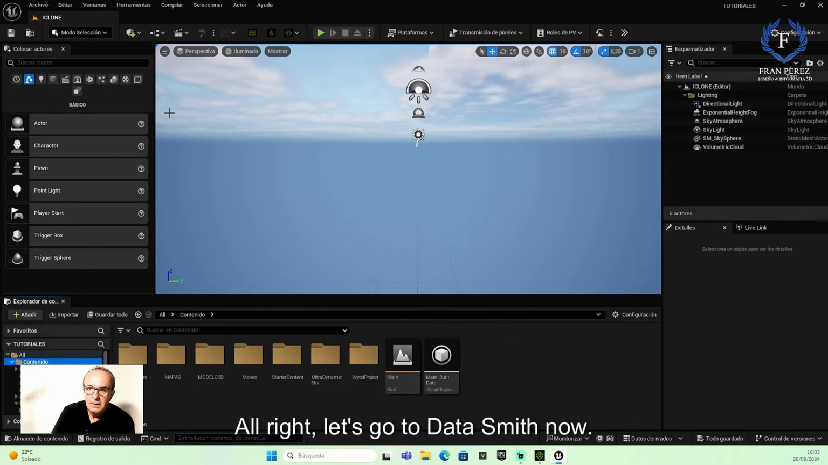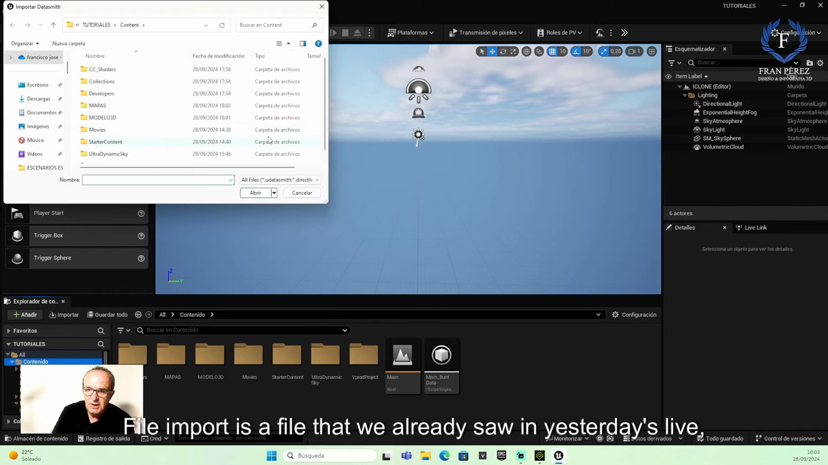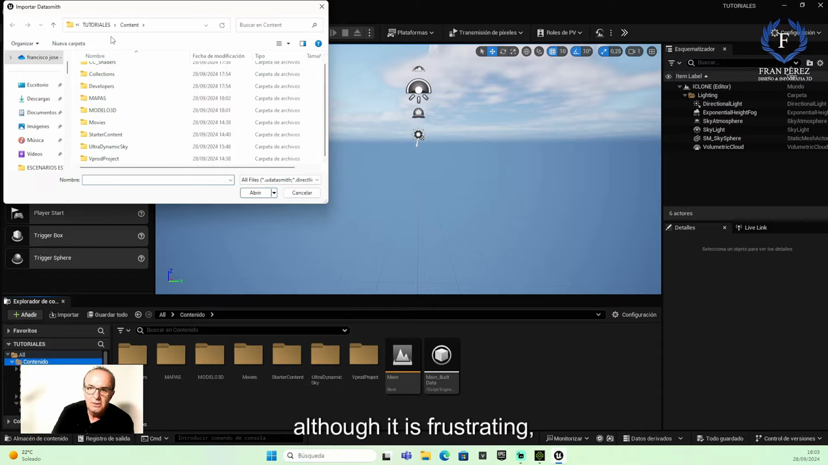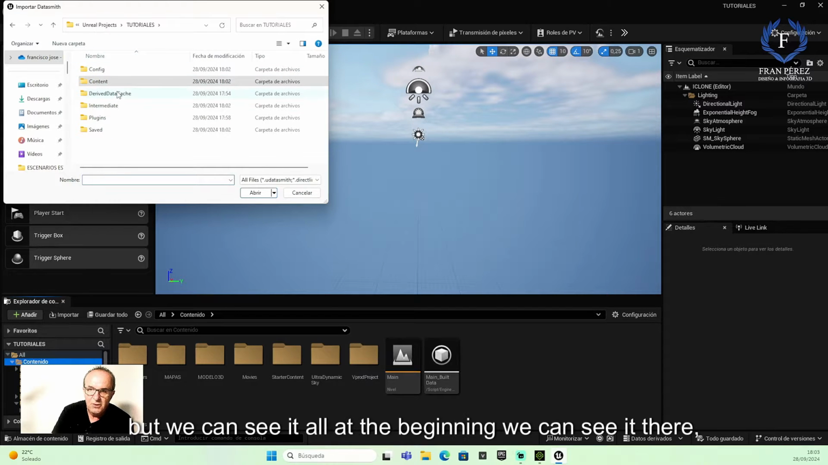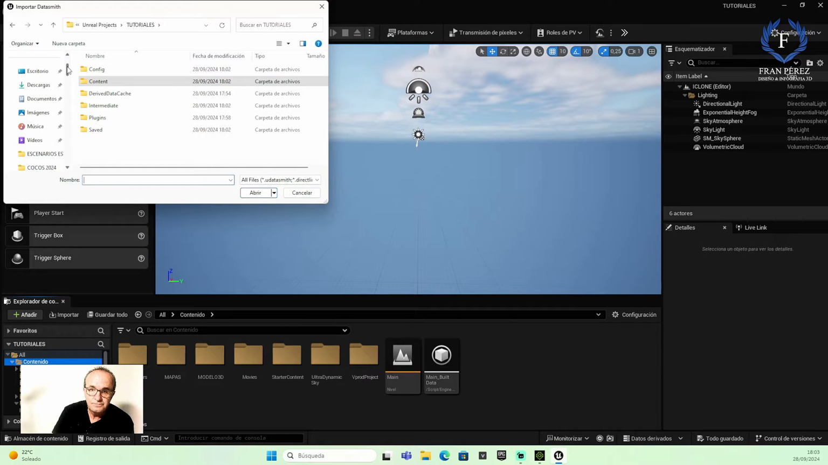Alright, let's go to Datasmith now. File import is something we already saw in yesterday's live, although it is frustrating, but we can see it all at the beginning. We can see it there. There it goes. Okay? We are going to go